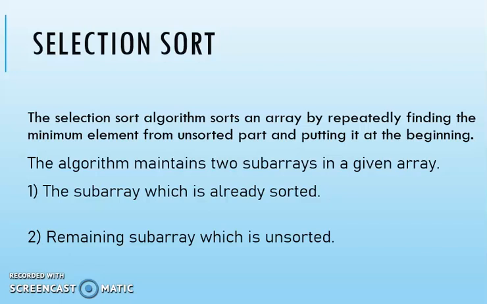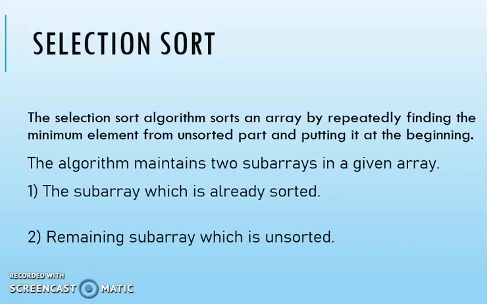Now selection sort is a sorting algorithm and it identifies the minimum element from an unsorted array, and then that minimum element will be placed into a sorted section. Initially you input an unsorted array, its minimum element will be identified, and this minimum element will be kept incrementally on the sorted part.